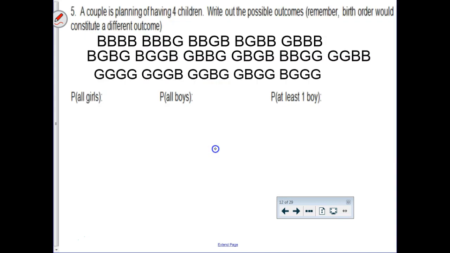but sometimes they're not so small. Like this, for instance. A couple's going to have 4 children, and my first question is, why? It's a lot of kids. You need more than a minivan for that. I guess a minivan would work. Write the possible outcomes. Now, birth order would constitute a different outcome. So they're looking at